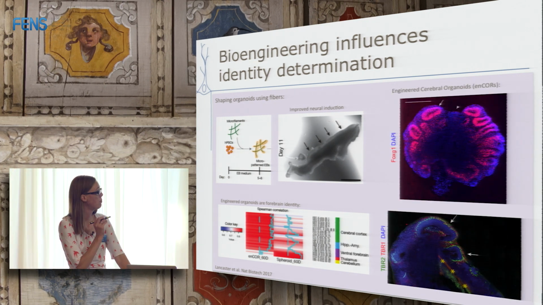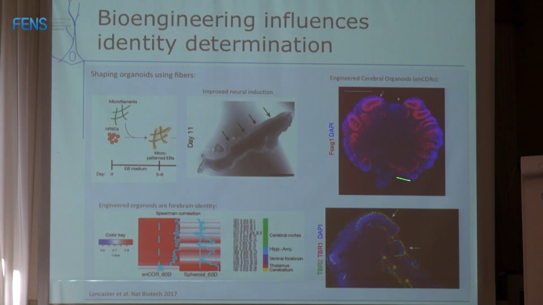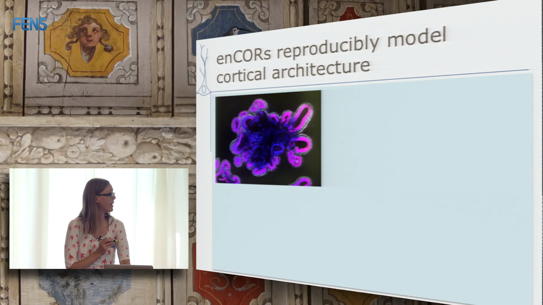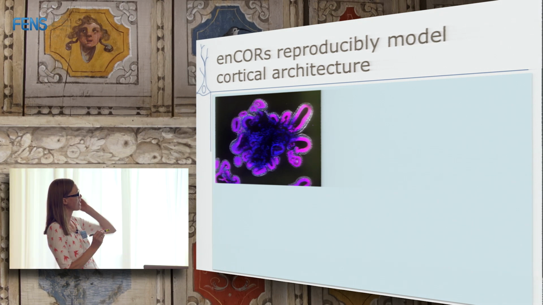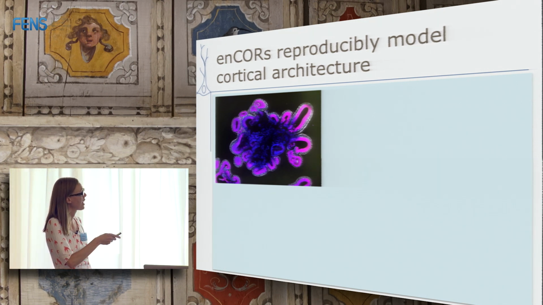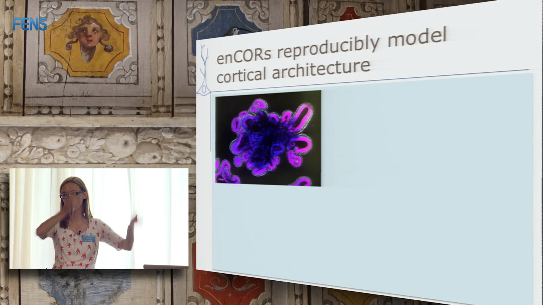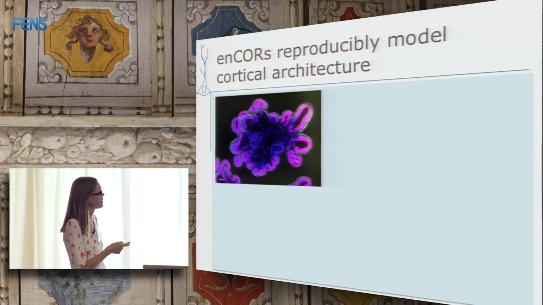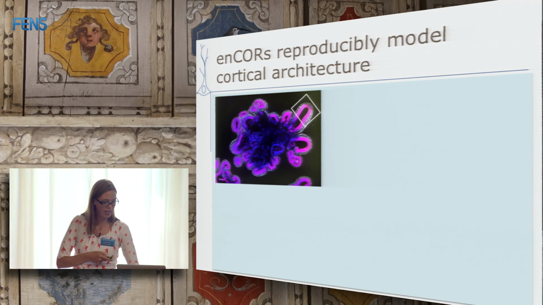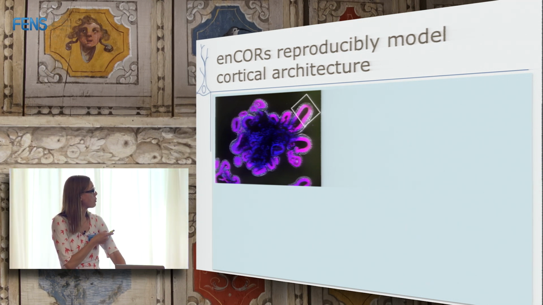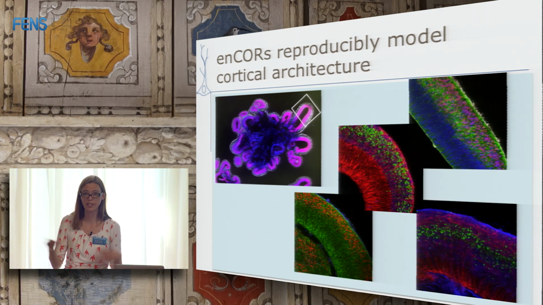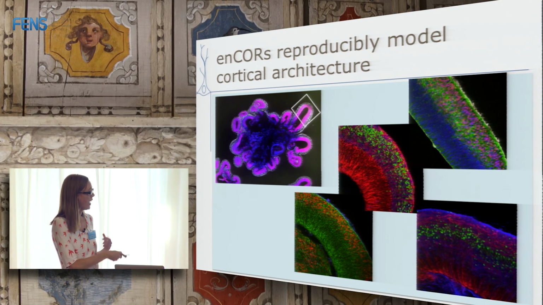Okay, and then this is just some marker staining again, where you can see very nicely the reproducible formation of forebrain. This region down here is actually choroid plexus and dorsal cortical lobules. Now this is an example of one where you can see really nice production of these very big, what we call cortical lobules, nice big ventricles, and quite reliably. Most of these tissues are cortical tissues. And again, we can look specifically at these individual lobules, and we can see that from organoid to organoid, with various different stains, they always have the same really nice architecture. And so we can model